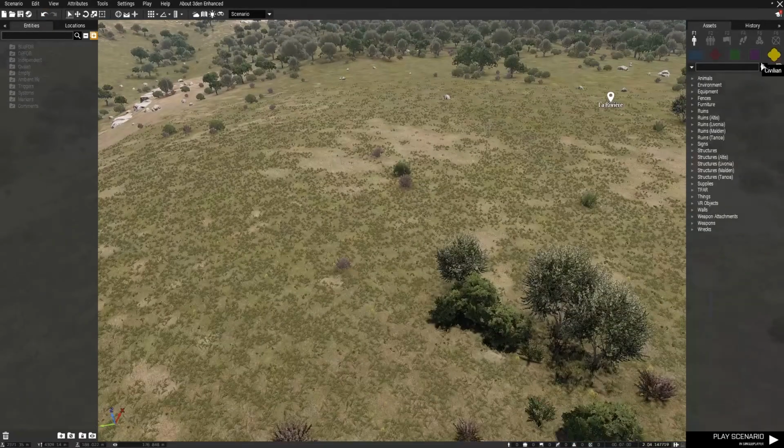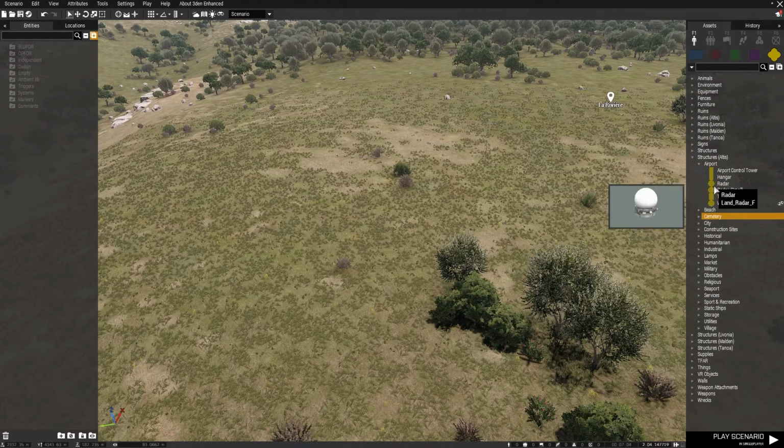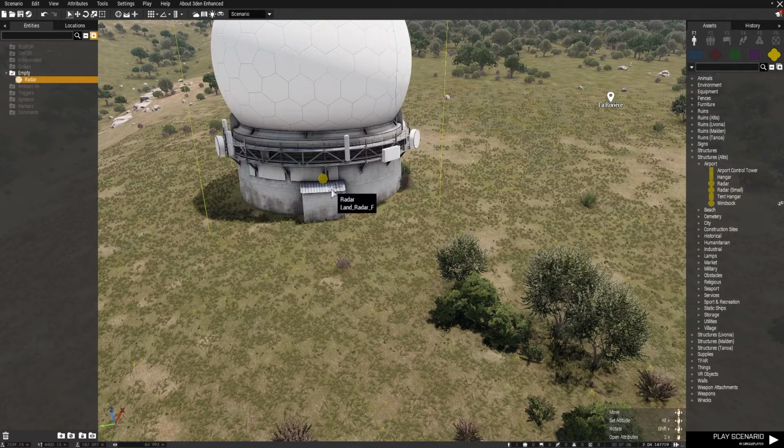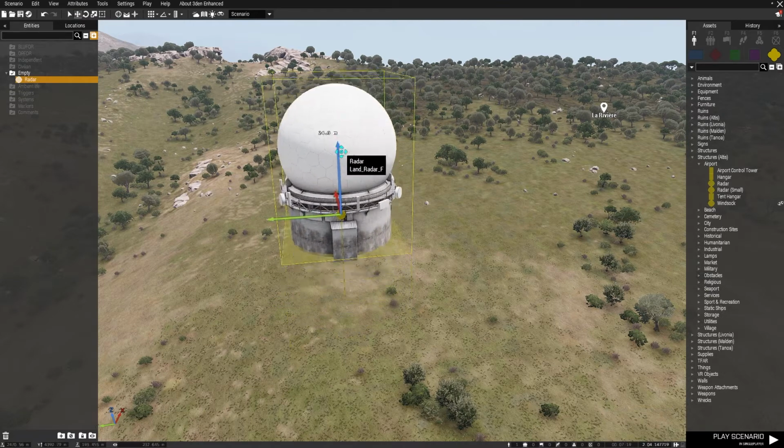But let's grab a couple of things and chuck them down. I don't know, structure, I'll do. Airport, radar dome, that'll do. There's a big building. So look, when you select an object that's on the map, you can, in the editor interface, get that big yellow box around it, and then these various widgets will come through and allow you to make changes